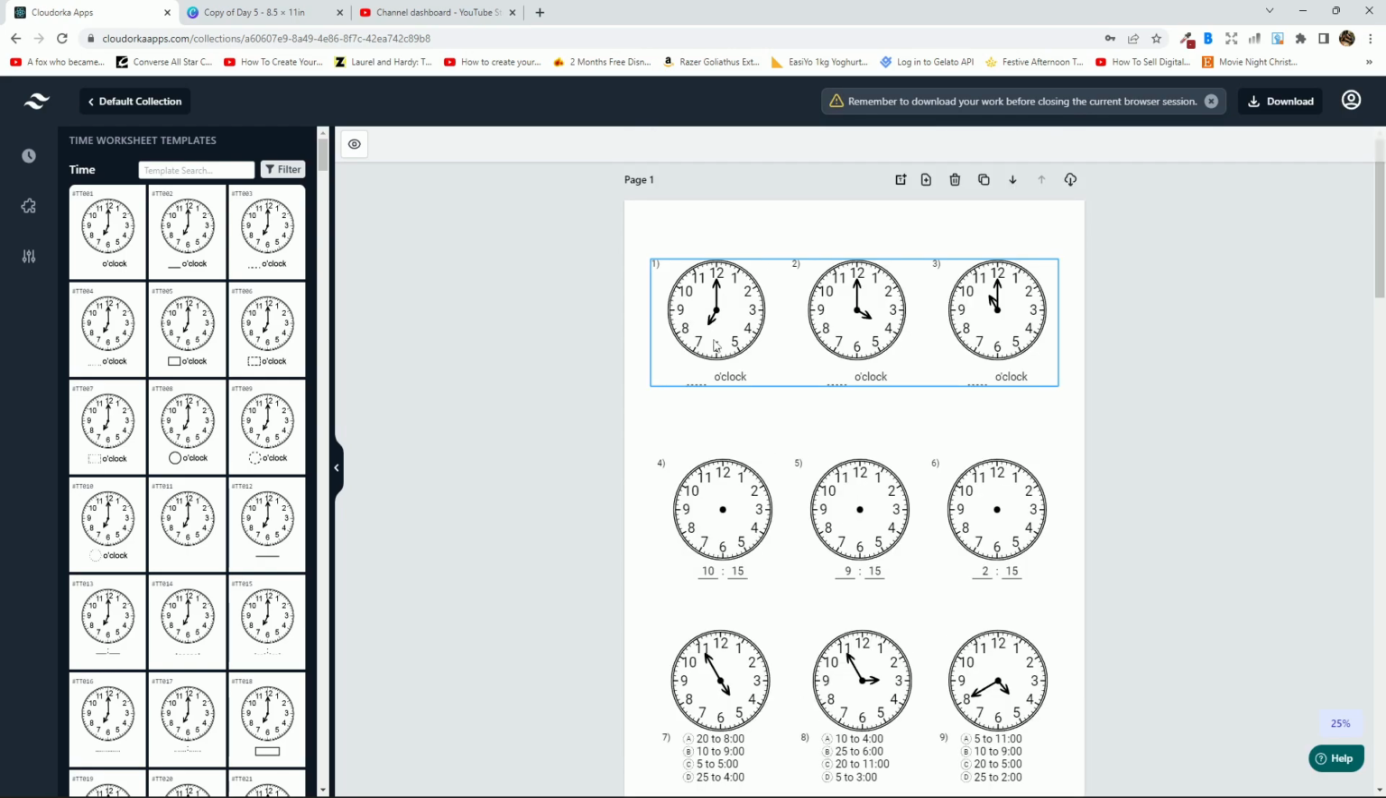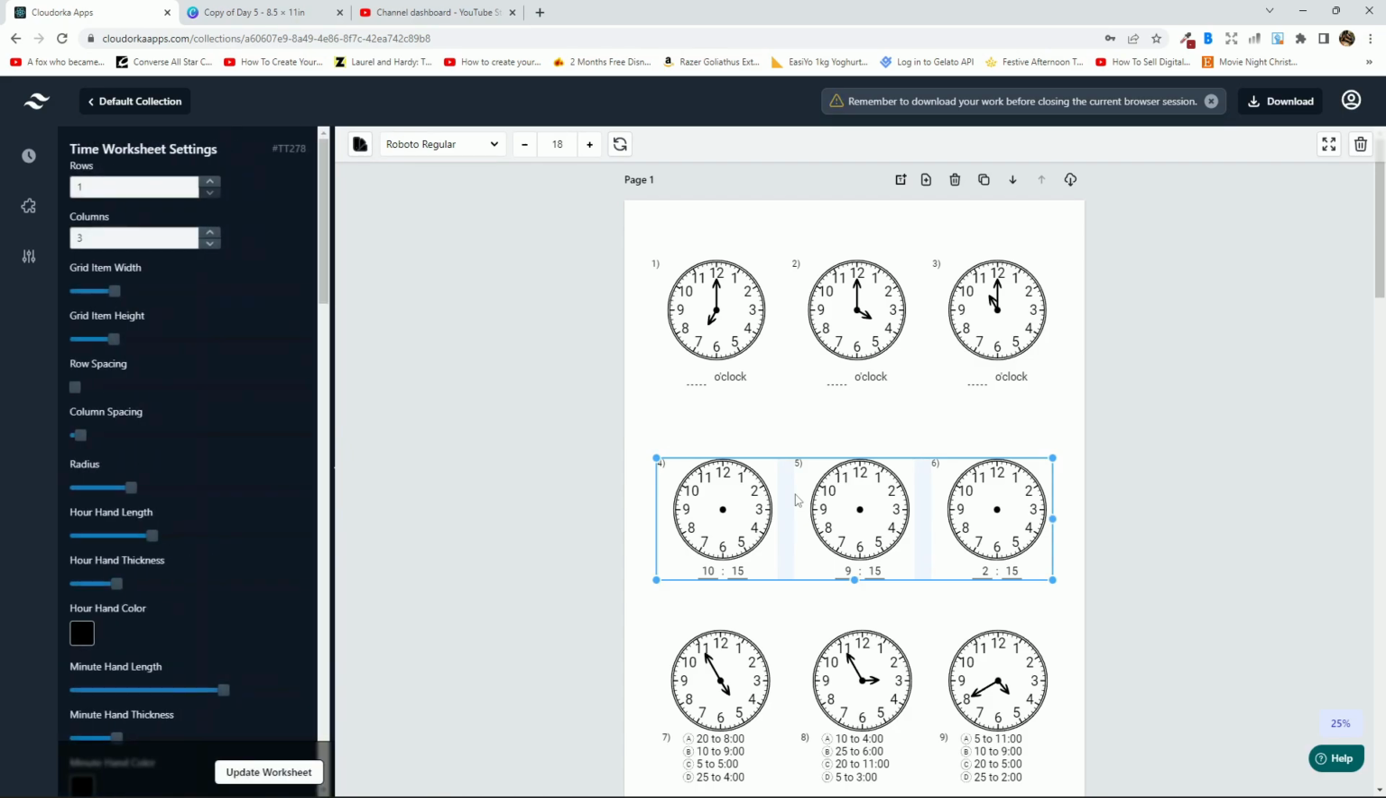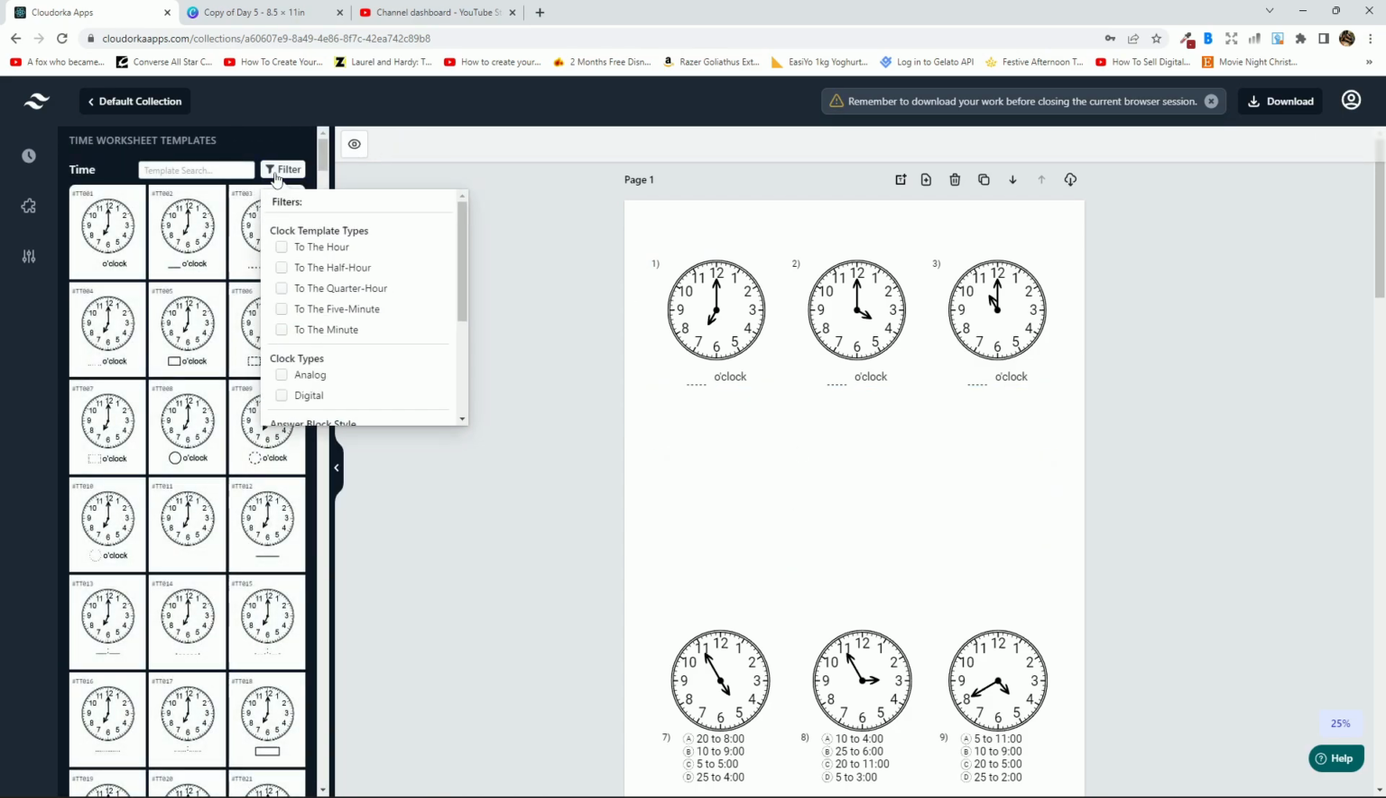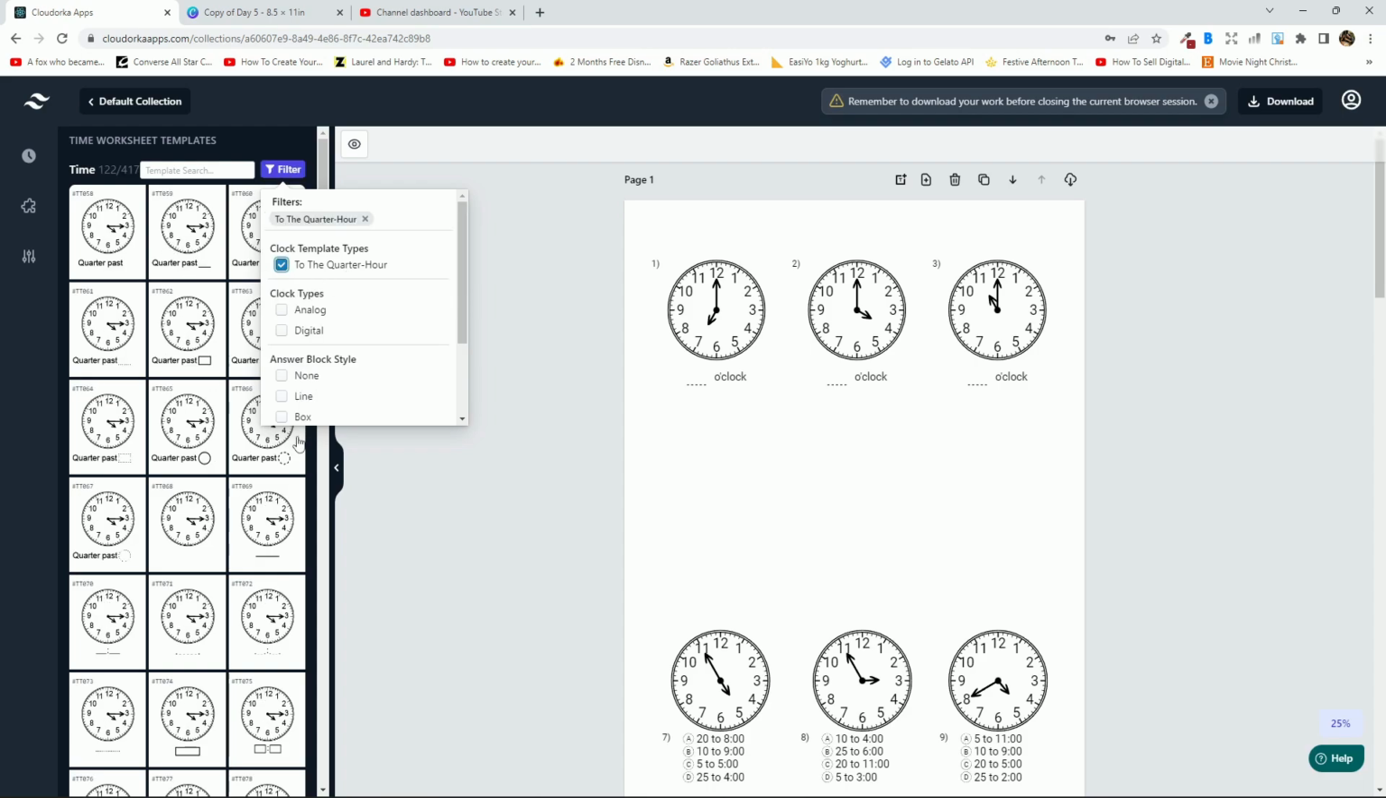Okay, so just to clarify what I mean by the different filters here, if we wanted to have a variety of different problems on the page, like 3 dedicated to clocks that were on the hour, and then 3 dedicated to clocks that were on the quarter hour, we could go ahead and just delete them and start filtering out the ones that we want. So we want the quarter hour here. So let's filter that